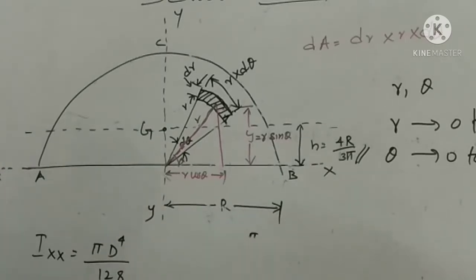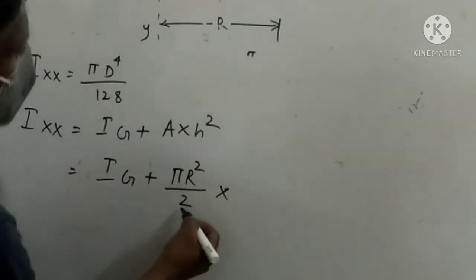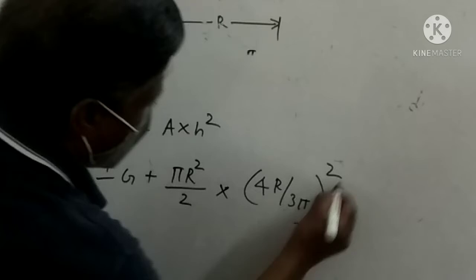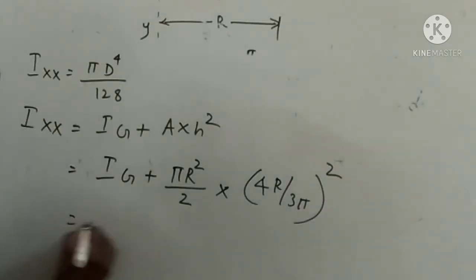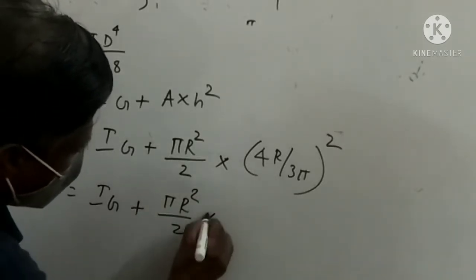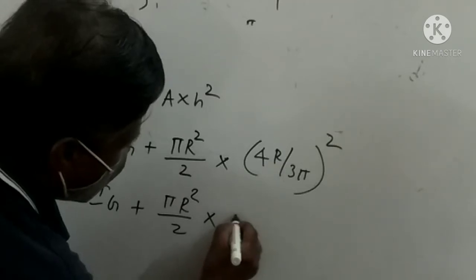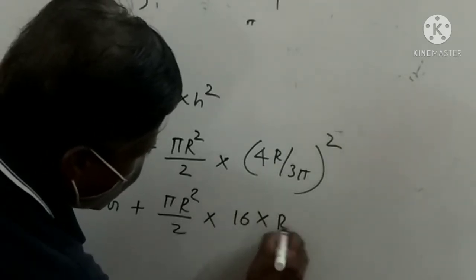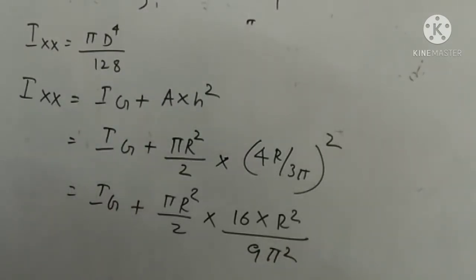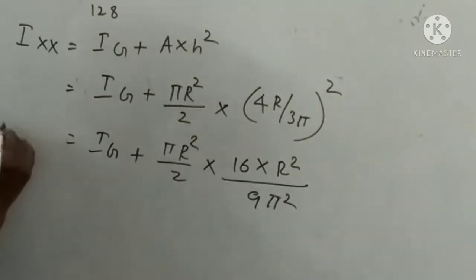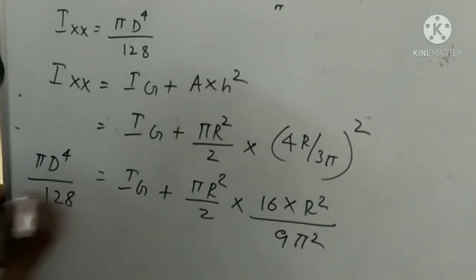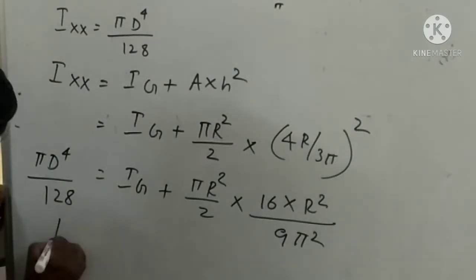Okay. So that is equal to Ig plus pi r square by 2 into 4r by 3 pi square, which is equal to Ig plus pi r square by 2 into 16 r square divided by 9 pi square. Okay, 9 pi square. Ix is pi d raised to 4 by 128. So Ig is equal to